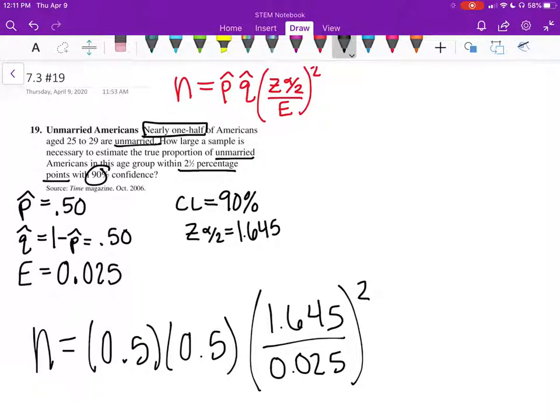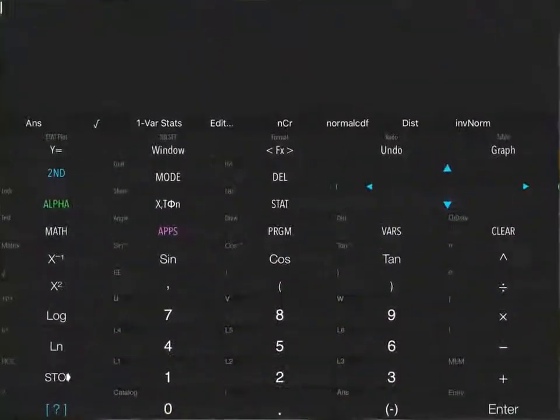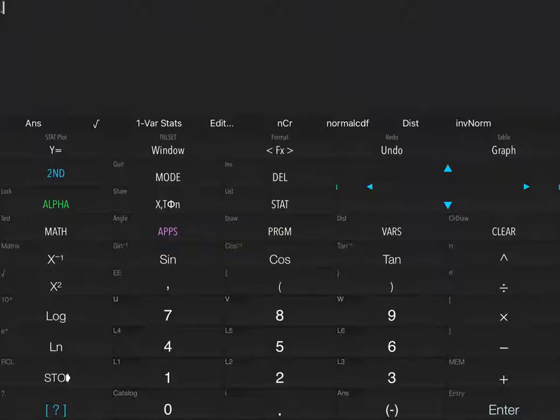Now let's put it in our calculator: 0.5 times 0.5 times parentheses 1.645 divided by 0.025 squared. And that gives us, remember, round up because we can't survey 0.4 people. So our answer is